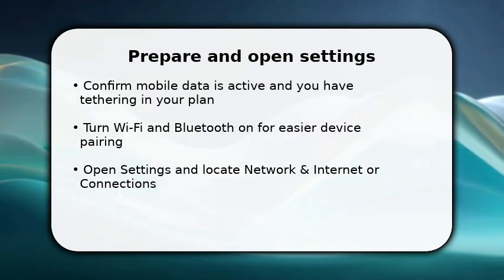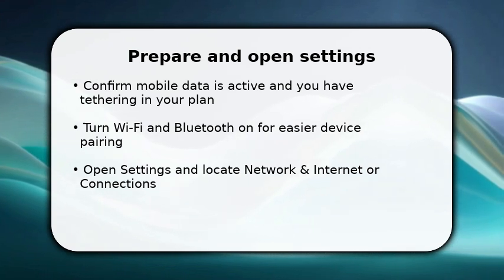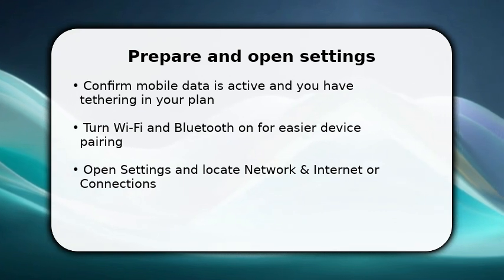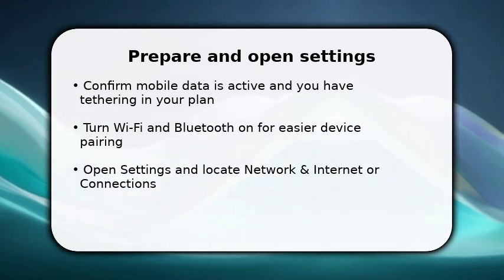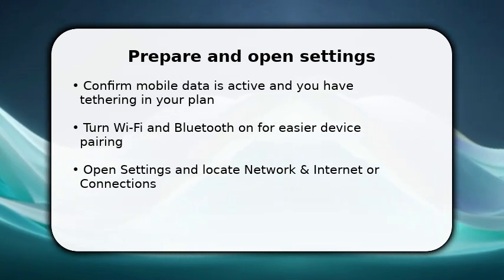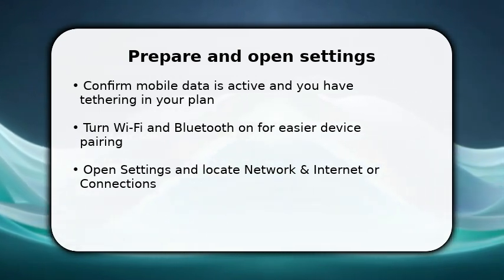Now, open Settings and go to Network and Internet or Connections. This is where tethering lives. Tap Hotspot and Tethering or Mobile Hotspot to begin. You do this first so you avoid surprises later, and so the phone can present the hotspot options you'll configure